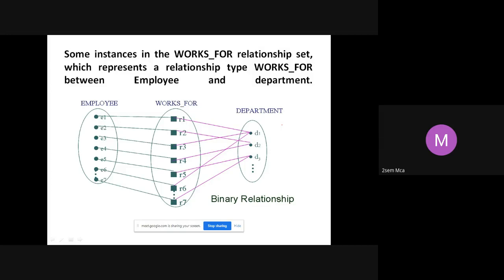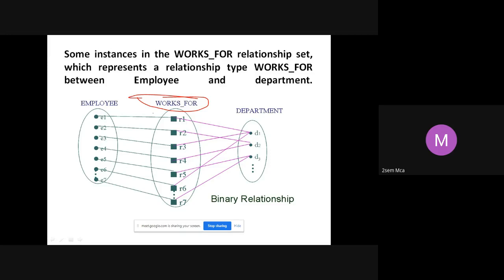Correct. I gave you an example. I said student is an entity. Student as an entity has several attributes. Now, I'm not going to define that entity and simply keep quiet. I'm going to enter all your records into that student. Each of you is going to have some value for those attributes. So the collection of all this, let us say 58 entries that I will put in, that is called the entity set, right? Similarly, come here. Here in case of relationship, now this works for is a relationship type. That means I'm defining a relationship between employee and department. So works for is a relationship. I can also call it a relationship type.